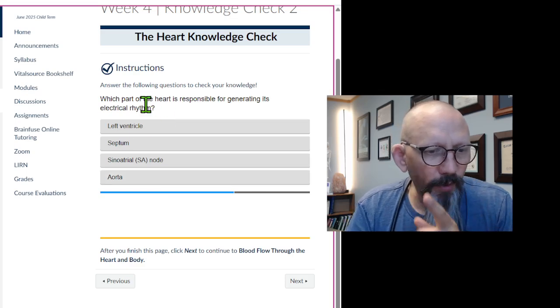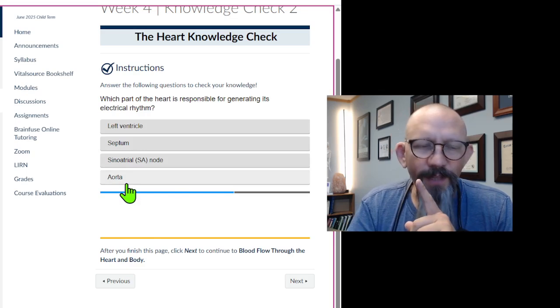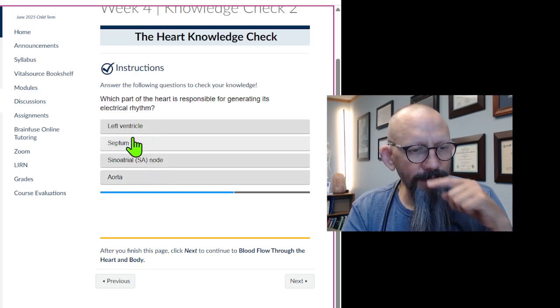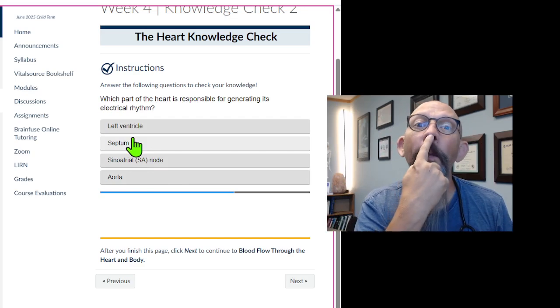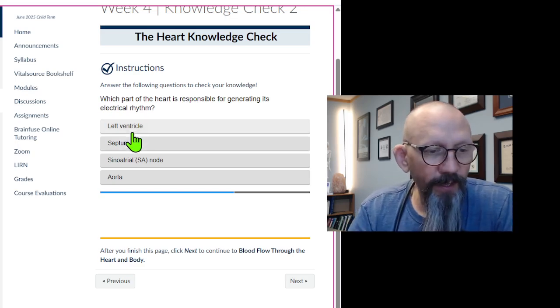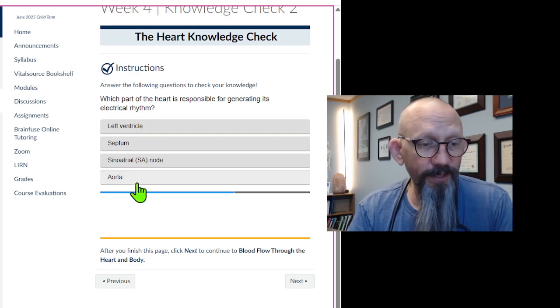Which part of the heart is responsible for generating its electrical rhythm? Now, not the aorta. Aorta is the big tube leaving the heart. Not the septum. Septum is the separator between the right and left sides of the heart. Like this is a septum right there, and that separates the right from left nostrils. And left ventricles is a lot of pumping that pumps out to the body, but it is the SA